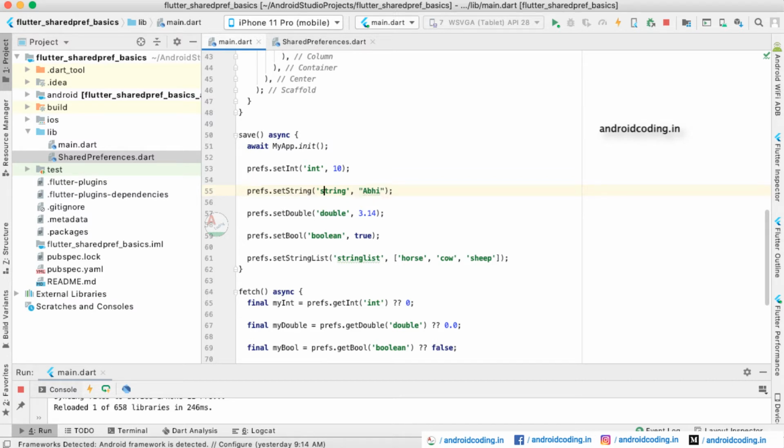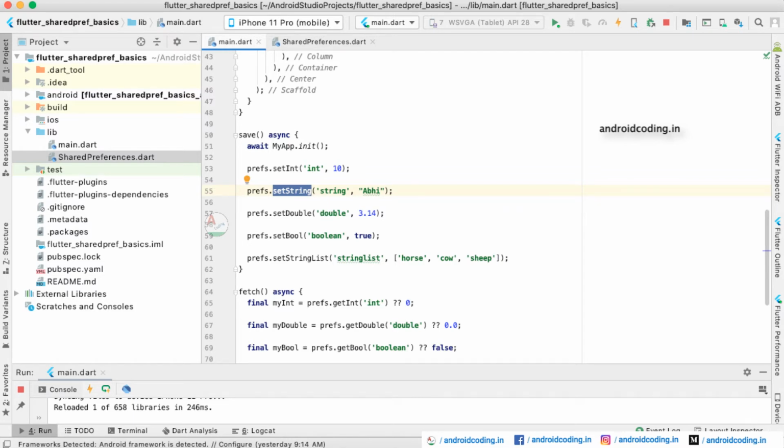We can provide any kind of key here. It might be capital letter or small letter, but make sure you use the same key to fetch the output, which you will see in the coming tutorial. Here we are storing a double value. Also make sure that whatever data type you are trying to store, you use the matching setter.